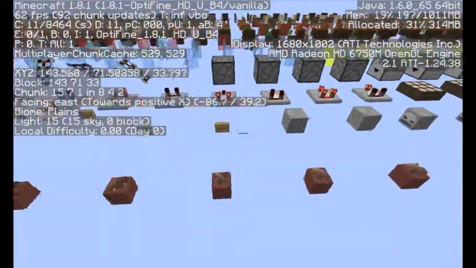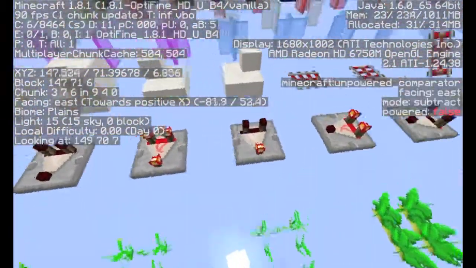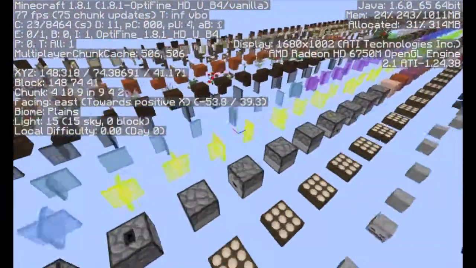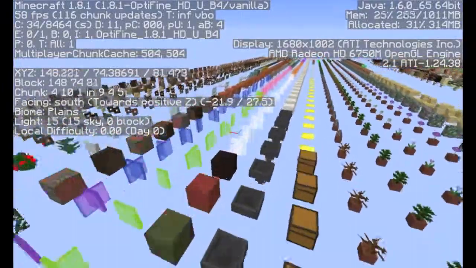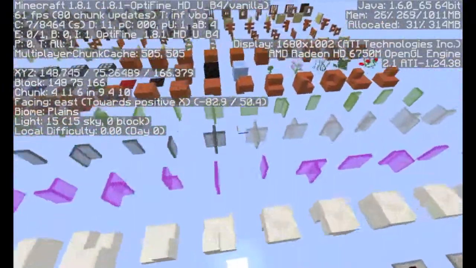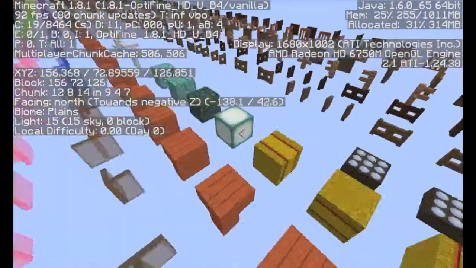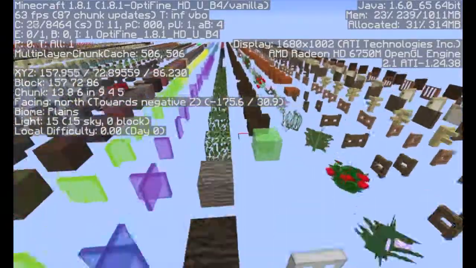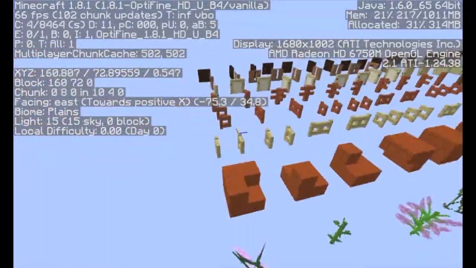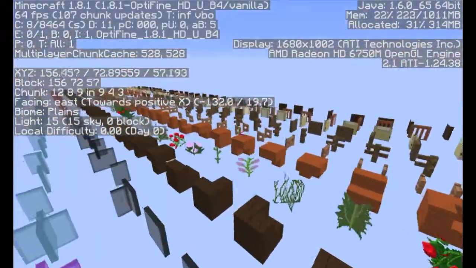All the different snow layers, or no, those I guess are pressure plates. Anvils. What are these? Oh, heads, more buttons, more crops, more rails, all the different glass panes. Again, those are all clear. We've got all of the different thingy-madoodlers here. Hay bales. I don't know how much more we're going to learn from this. Lots more stuff. We've learned some interesting stuff today, though. All the different fence gates and stair thingies and...